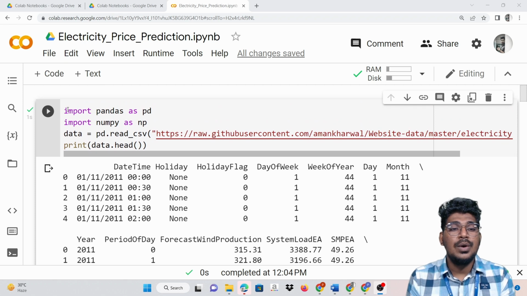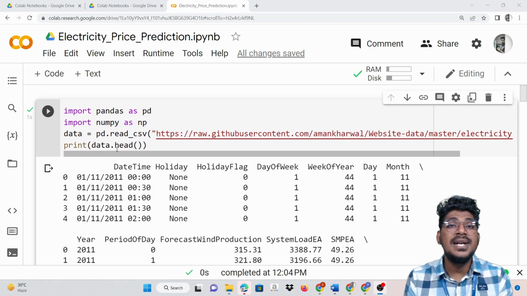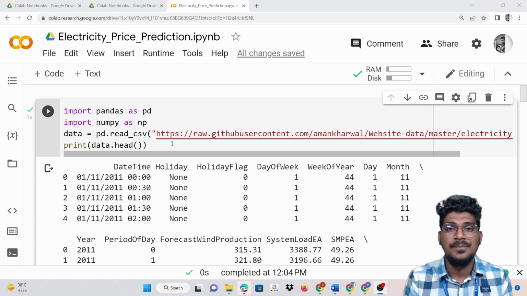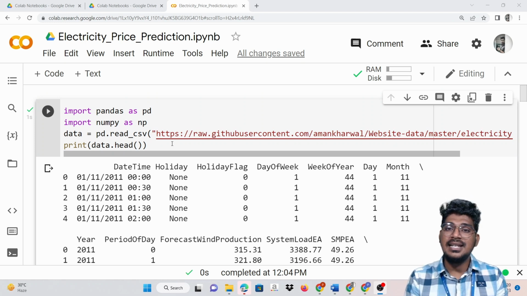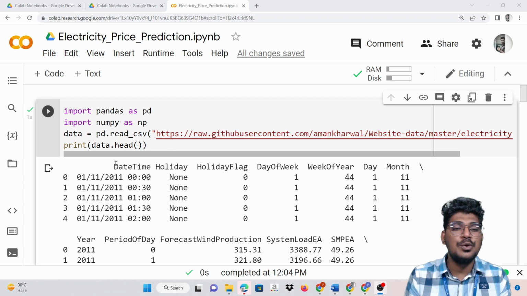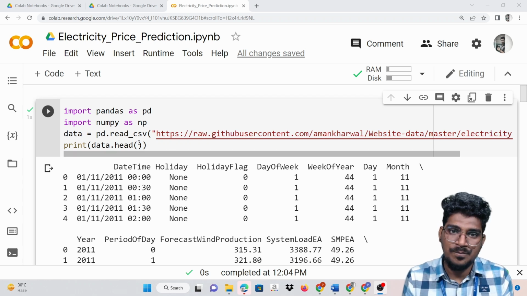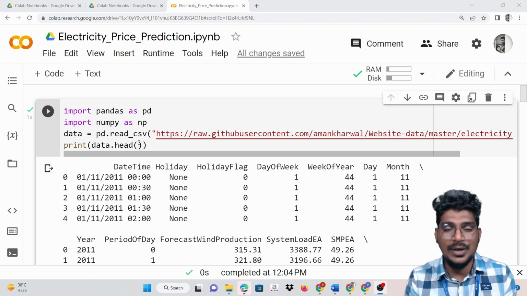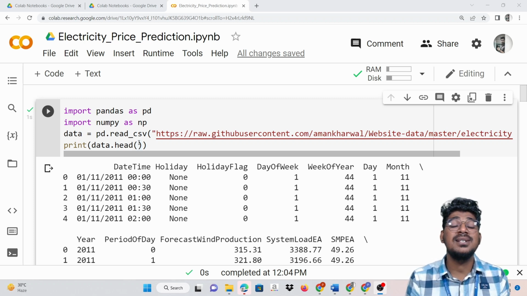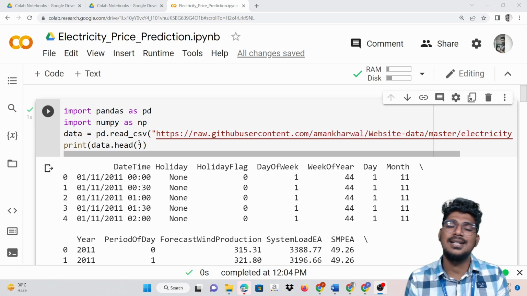Okay, right. So import pandas, import numpy, then data is equal to pd.read_csv. These particular things will help with loading the data. Okay, importing or loading the data. Once the data is loaded, we are going to display data.head. This is the confirmation of loading the data. That means the data.head function will display the first 5 rows of this particular data set.